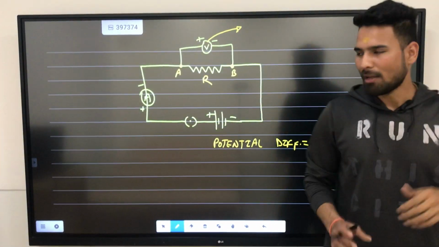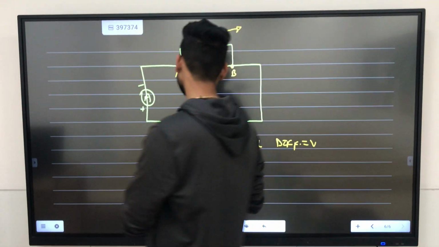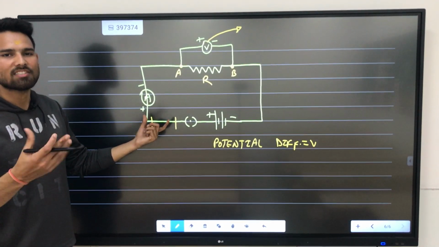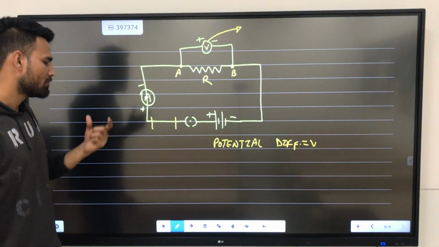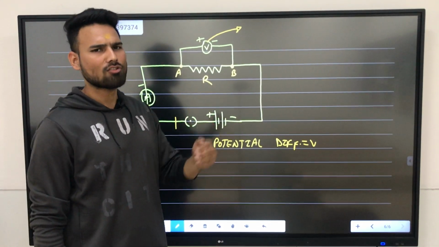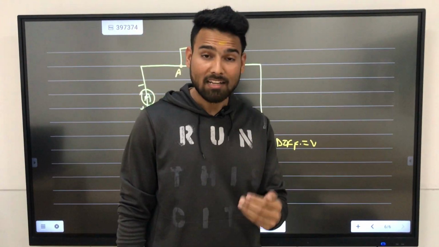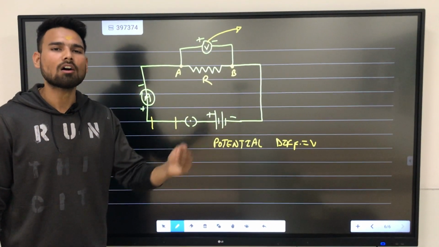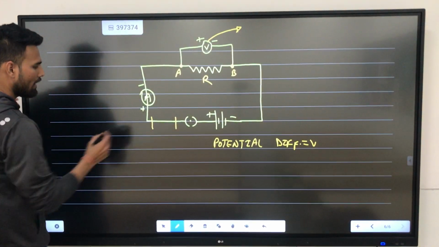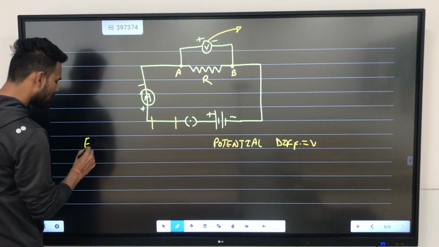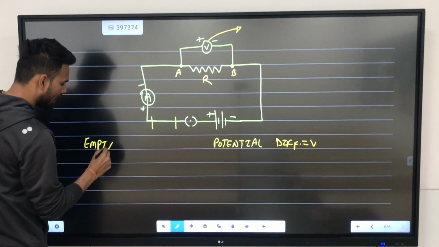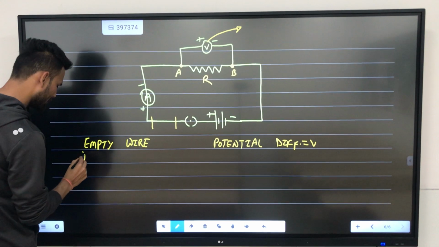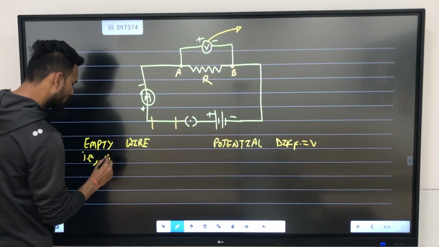Now, suppose in this particular section there is no resistance. It means that the electrons or charge can easily flow. And if the electrons or the charges can easily flow, there is no need of work to be done. So, if I am talking about an empty wire, that is, a wire without resistance,